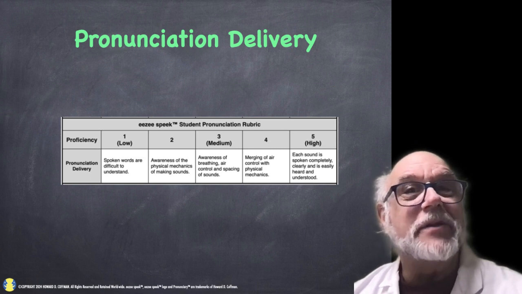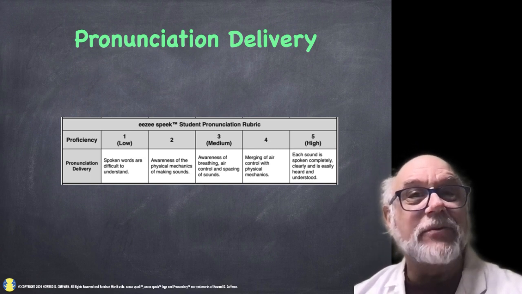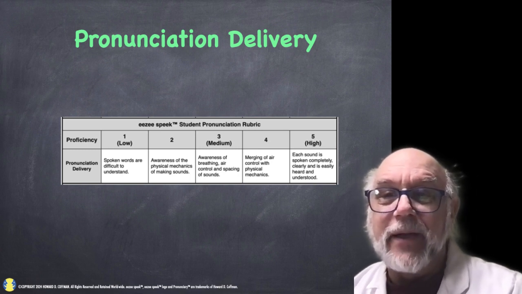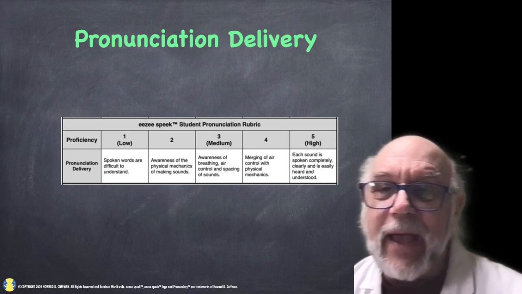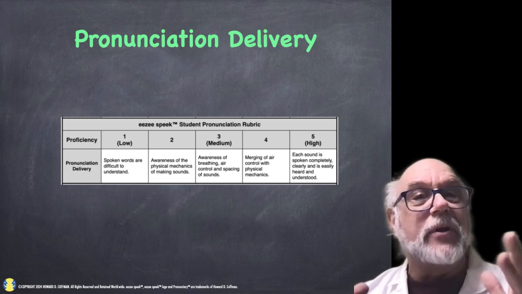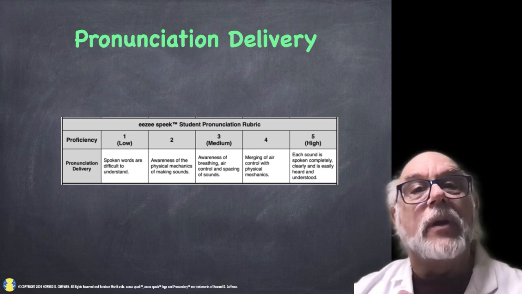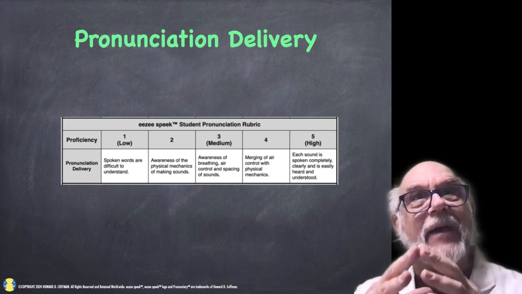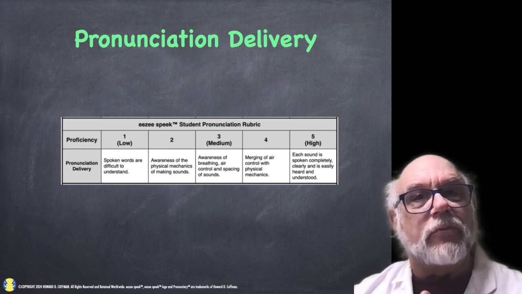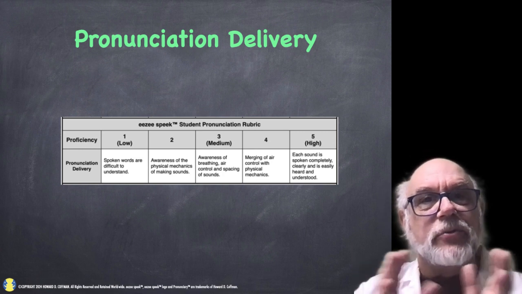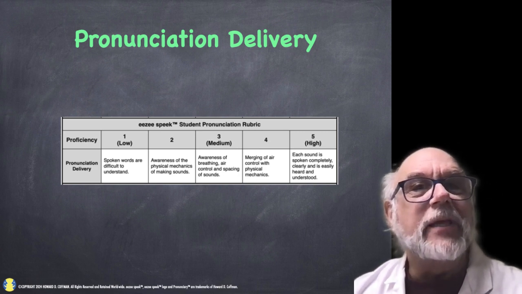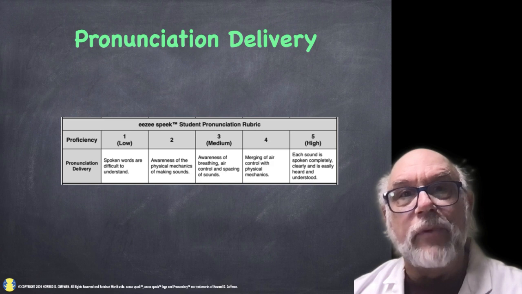So, becoming aware of the mechanics of how sounds are made, particularly air, that we'd rate a 2. When you become aware of your breathing and control the spacing between sounds, you start sounding kind of weird, but once you get that sound production correct, the air involved correctly, you'll find that you can do that in a compressed format, and you'll go back to speaking clearly, but speaking reasonably